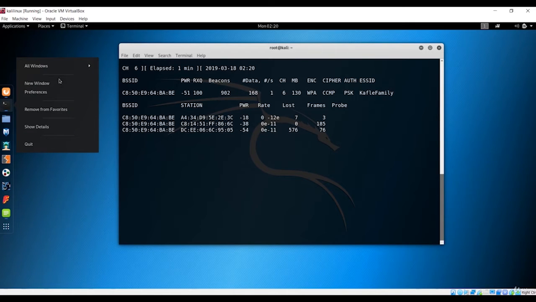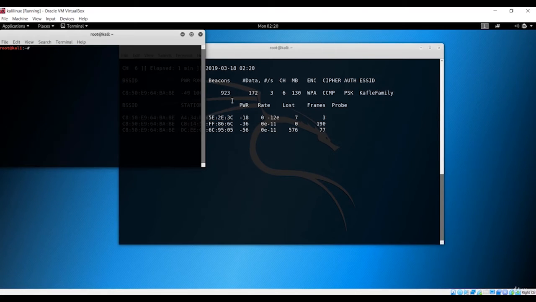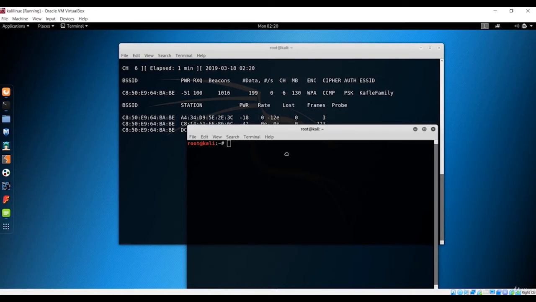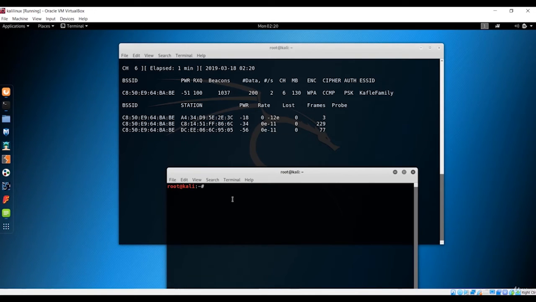So let me open a new terminal, because we can't do it over here. This is going to do its tasks, and now we have to de-auth. De-auth is basically disconnecting the device for some time from the network. So we'll use any of these devices that is here, the client or a station, and we'll de-auth it for some time, and basically we'll get the handshake.